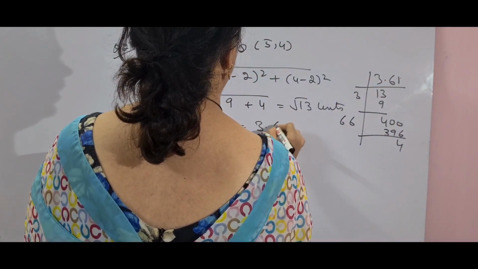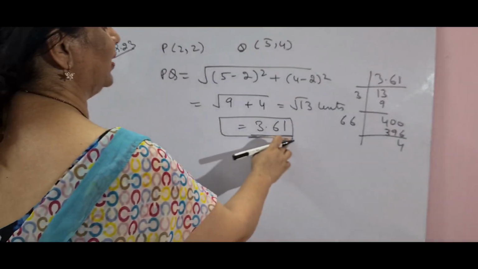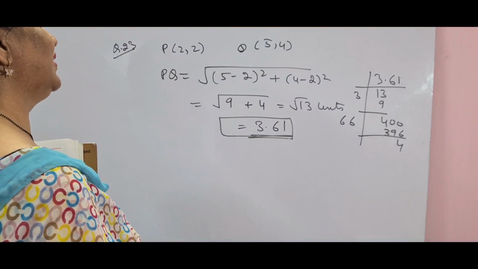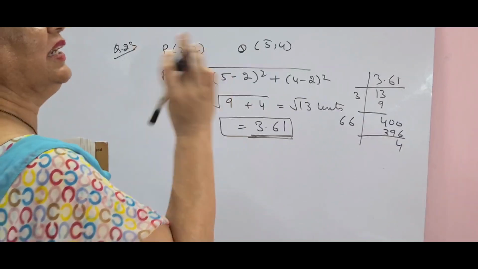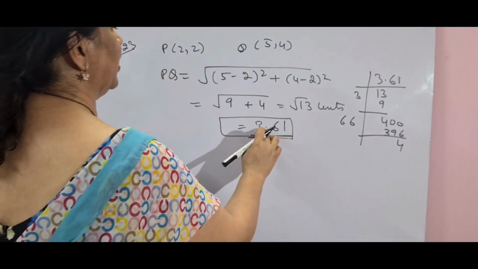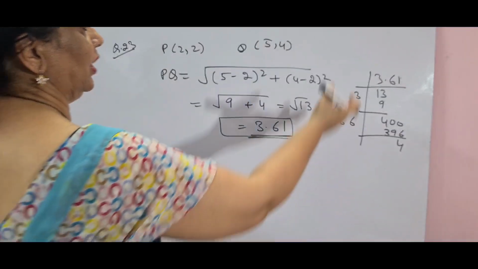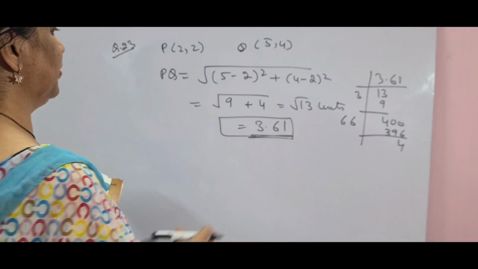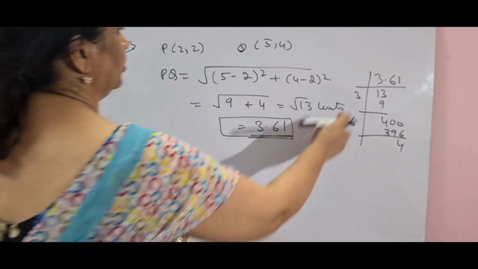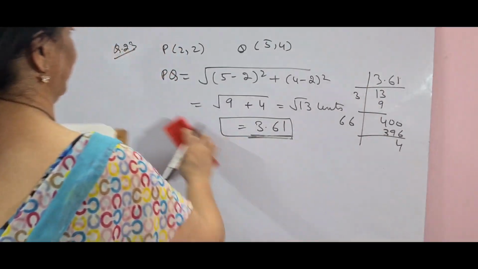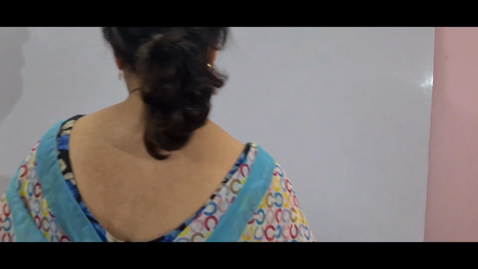3 significant figures means in total 3 significant figures. If they had said 3 decimal places, then after the decimal there should be 3 numbers. But since they have said 3 significant figures, it means in total, including the one before the decimal and after the decimal, it should be 3. So this is how you are going to do it. So simple. Just because of the decimal, this question becomes a little difficult, but you know how to do the division method for square root, not difficult for you. You have done all this in 7th and 8th standard, so we are not worried about that.